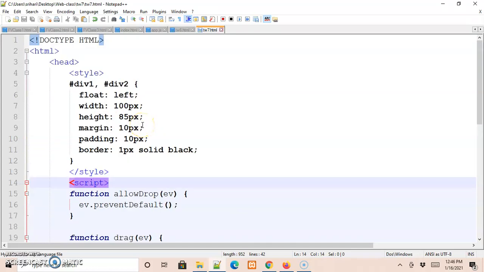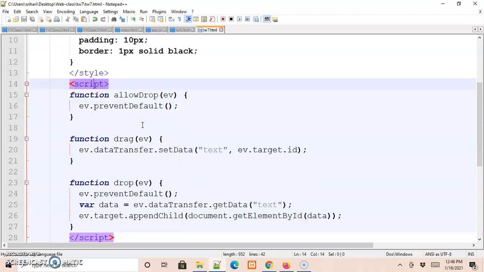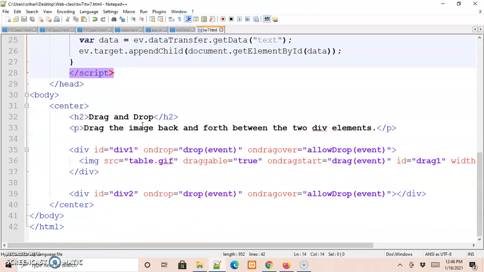Before seeing this part of the code, let us go down and see the body of the HTML page, where we have written two different divisions in which we have defined an HTML element which we are trying to drag